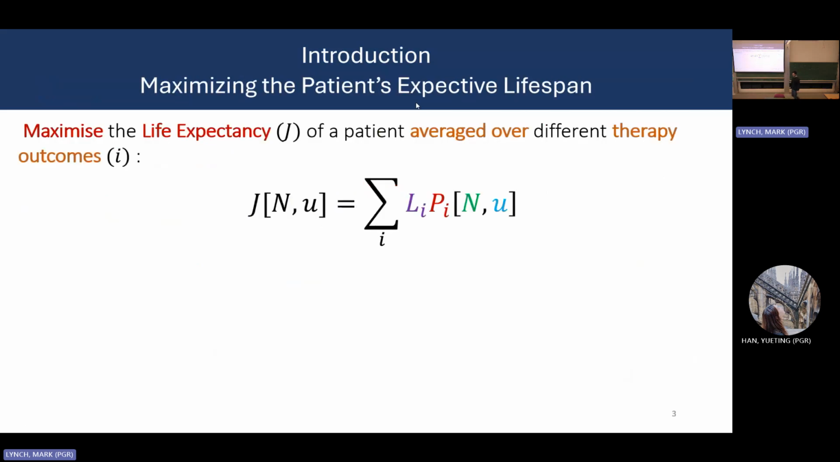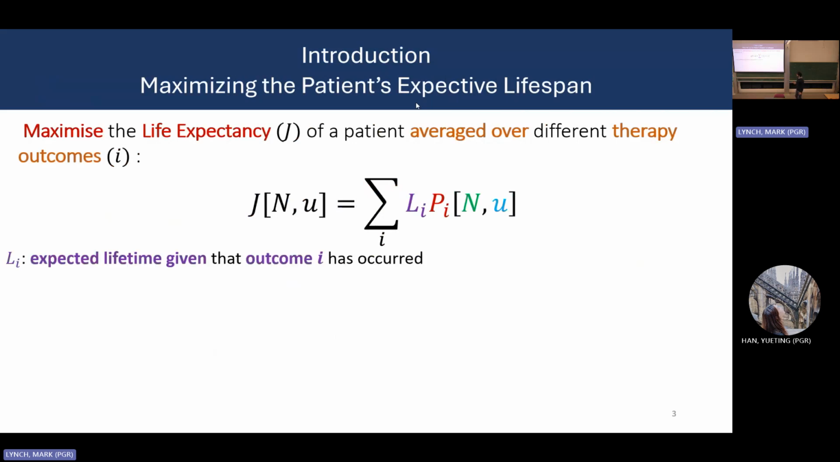In previous works, what we did is we maximized the life expectancy of the patient under different therapy outcomes. So this idea basically is, if we maximize the life expectancy of the patient, we balance nicely drug toxicity and reducing the size of the tumor, because if not, the life expectancy would be small. So the general framework that we use has this form here,